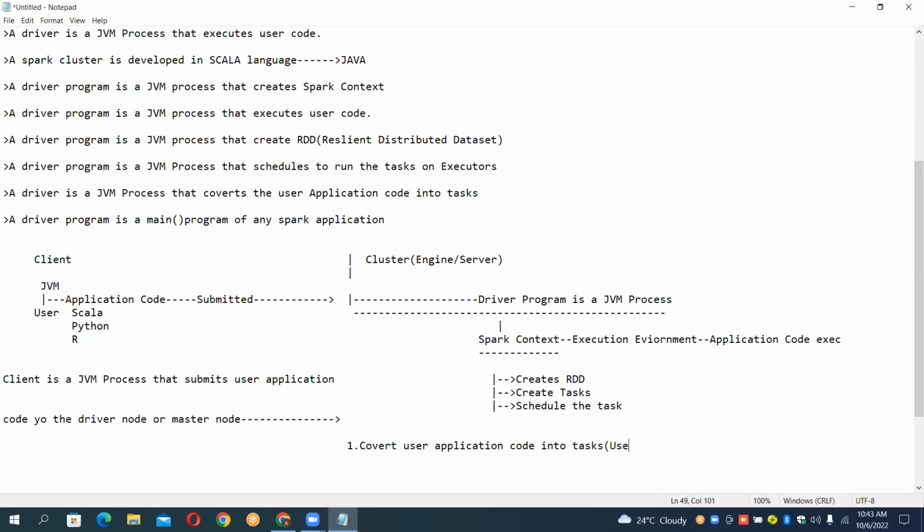User code gets converted into jobs, first of all, jobs, and job gets converted, guys, I'm writing it here. Shall I move it here? Yes. And jobs converted